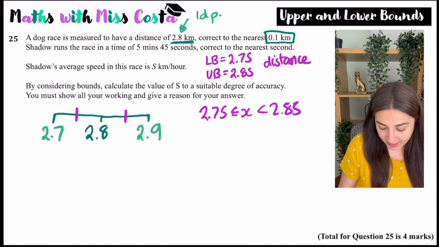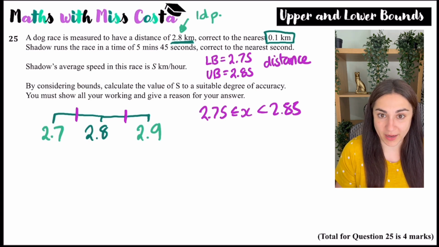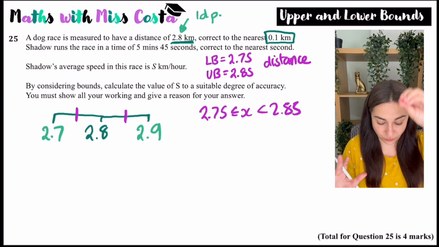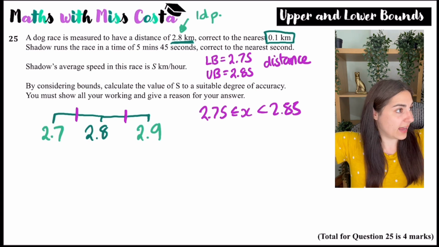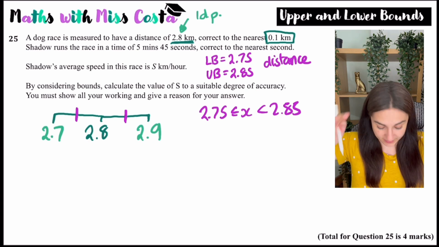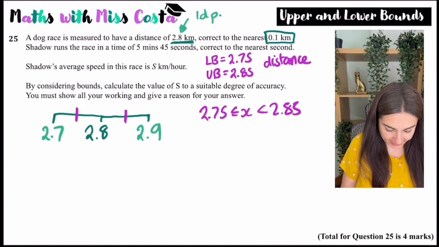Okay, so everyone can work out the upper bound and the lower bound. All you do is you write the thing, and then whatever it's saying, so it's saying to the nearest 0.1, literally write one decimal place on the right, one on the left, and then you just find the midpoint. Then let's do the same for